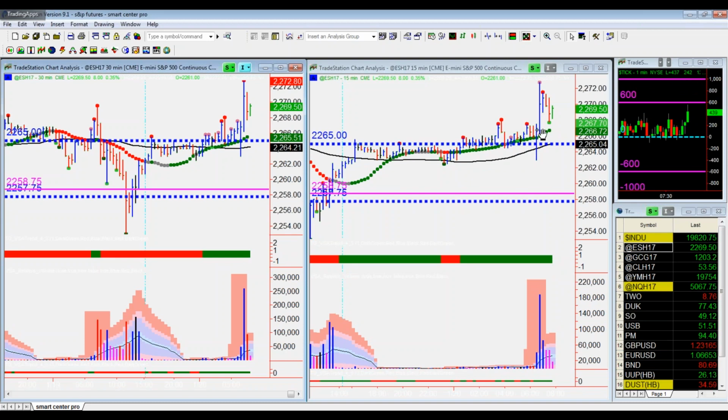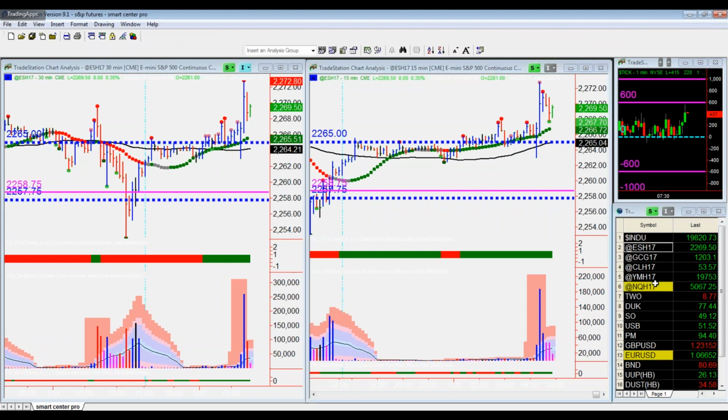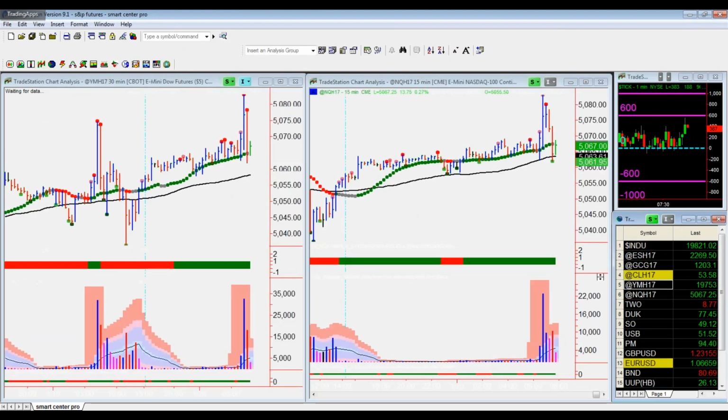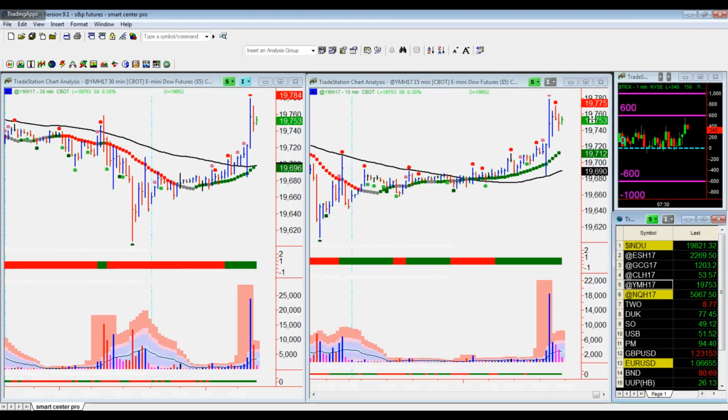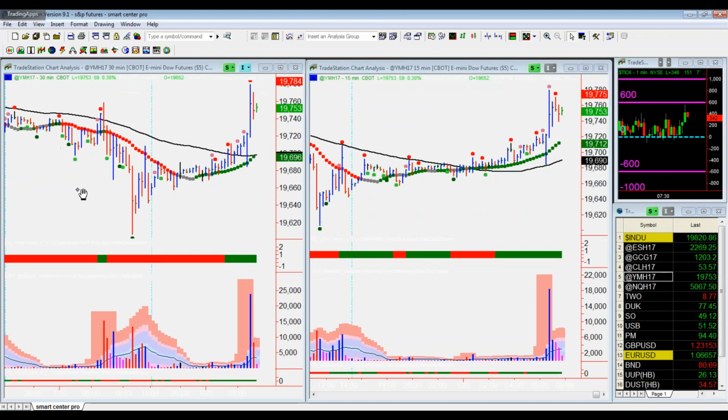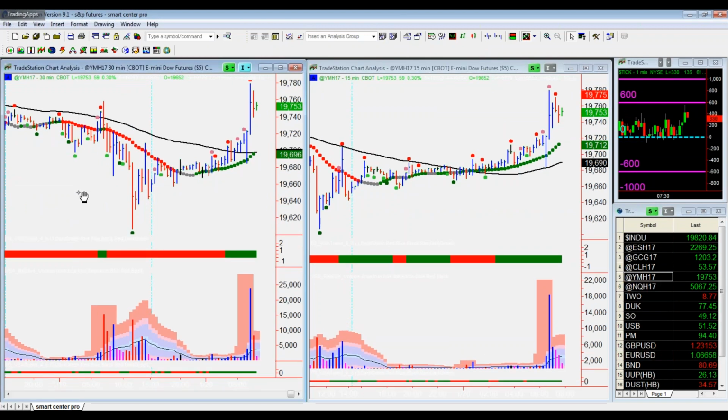As you see, we had a widespread up bar, and the last 3 bars came down on a little lighter volume. It's lack of selling pressure there, so the S&Ps are acting pretty strong. But if you look at the Dow, oops, that's the YM. If you look at the Dow here, it's pretty much doing the same thing